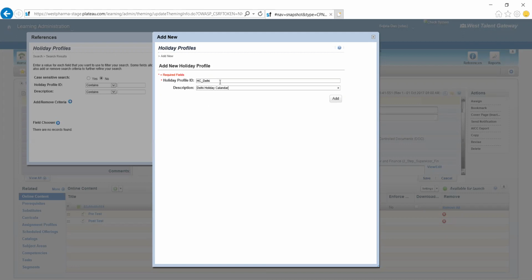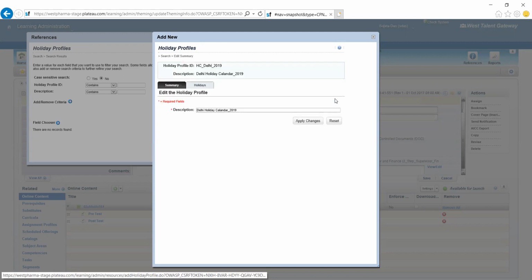and every year it gets changed. So let's say it is for 2019. Under holiday profile, as soon as I created it, you can see there is a summary section and a holiday section.